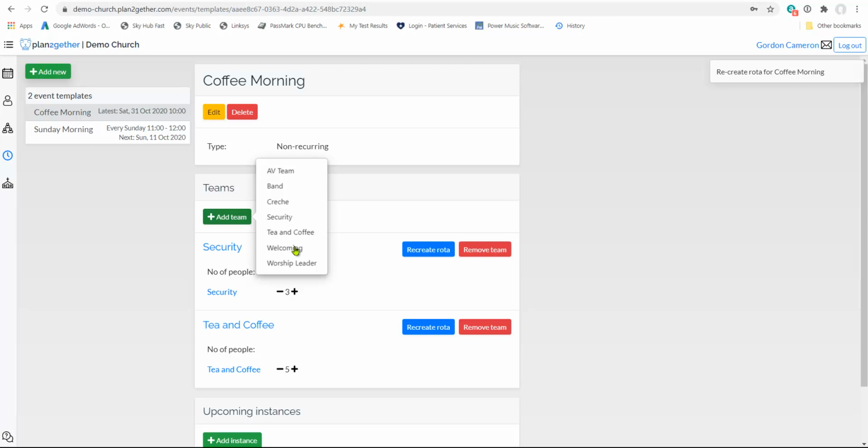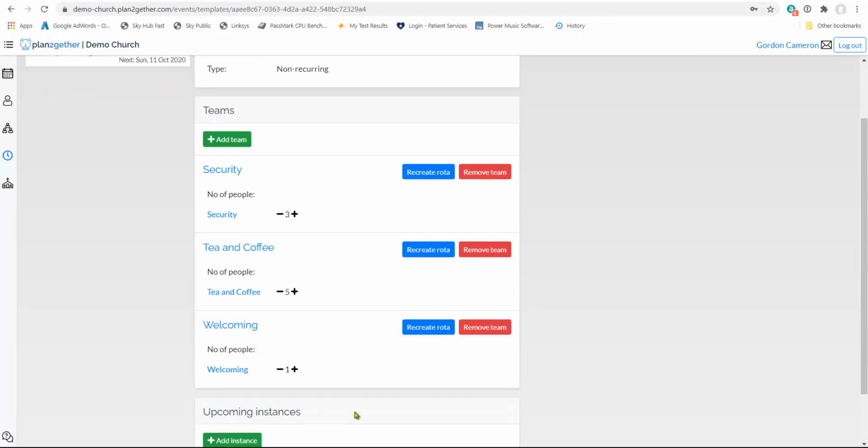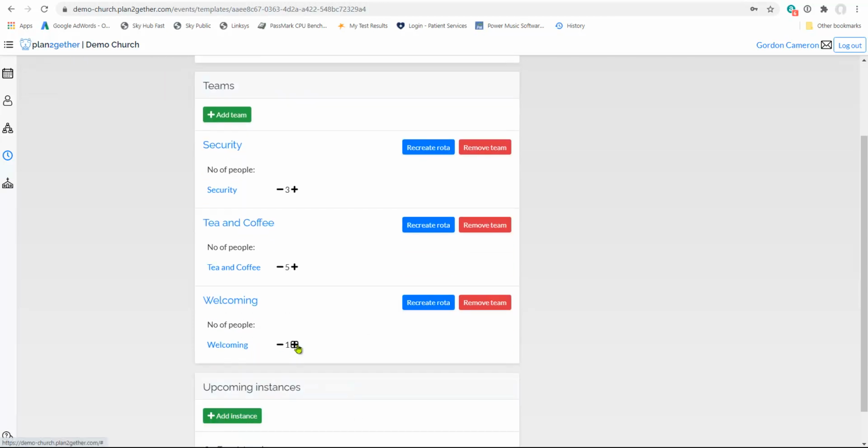And finally, we want somebody on the door welcoming people in. I will actually have 2 people on the welcoming team again, and we'll recreate that rota. So this is what we need then for our coffee morning: a security team, our tea and coffee team, and a welcoming team. If we now go and look at the rota,